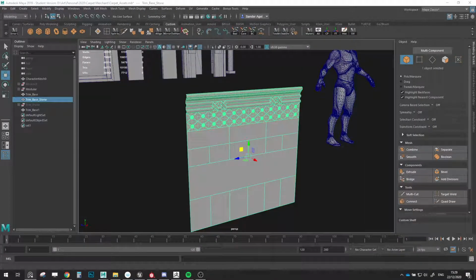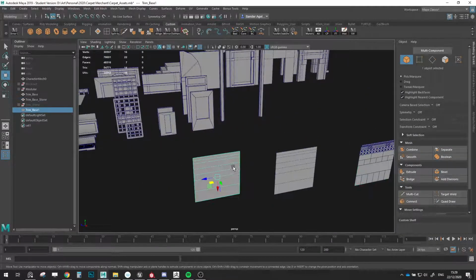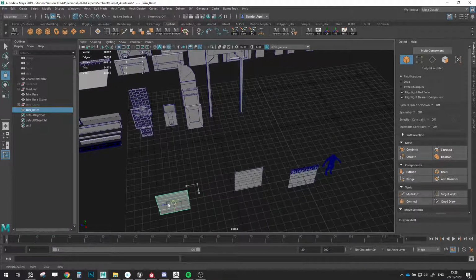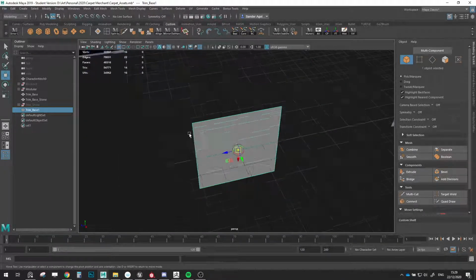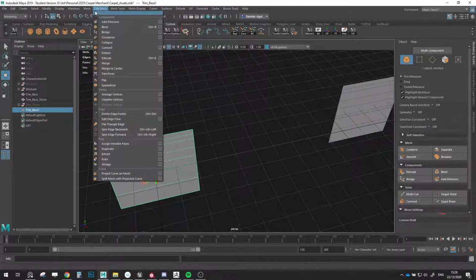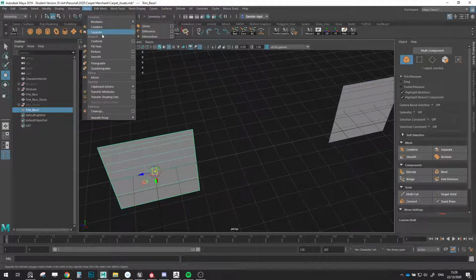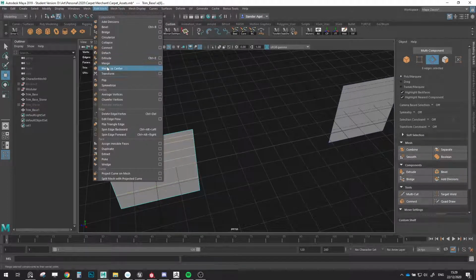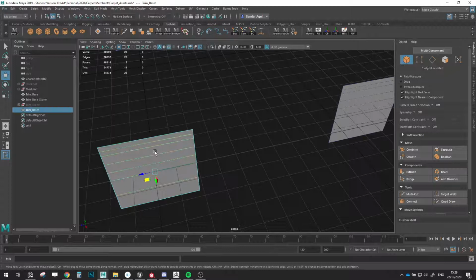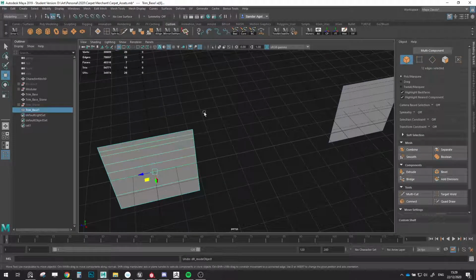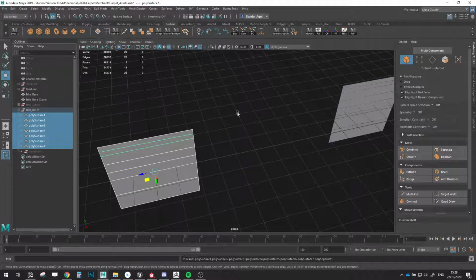Yeah, so I'll put this on the side. I'm going to grab this base. And yeah, so the first thing I'm going to do is I'm going to separate these things. Edit mesh, mesh separate. No, I have to select these edges, edit mesh, detach, I think. Yeah, that's what I have to do. Edit mesh, detach, and then I can do mesh separate. So now we have these